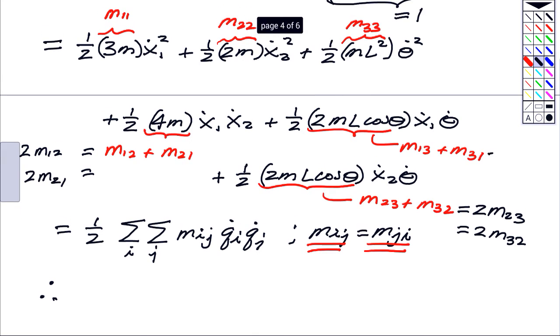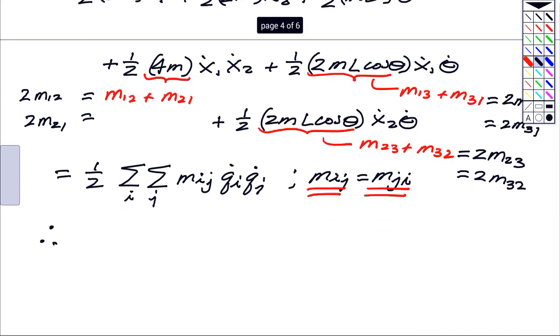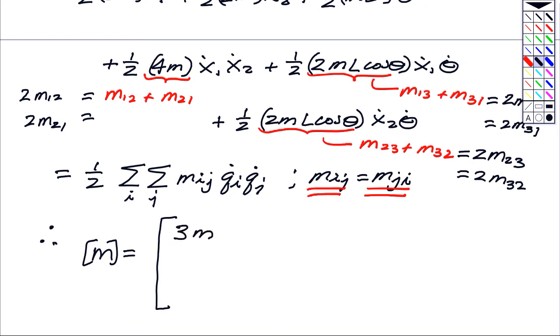This is going to be 2m13, and the same thing as 2m31, again because of the symmetries for the m's. So the mass matrix M, those coefficients, I'm sorry, I'm saying this actually wrong. We're not talking about the mass matrix yet, but just the inertia coefficients of lowercase m, which will be 3m, 2m,